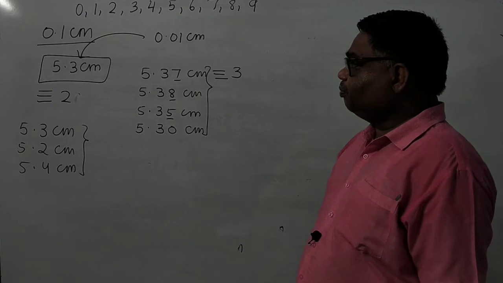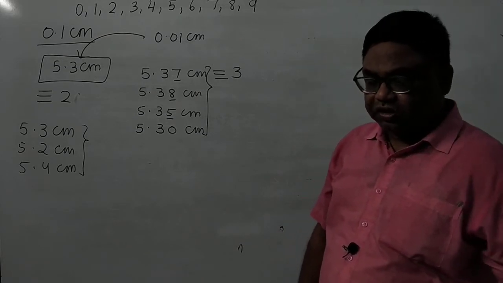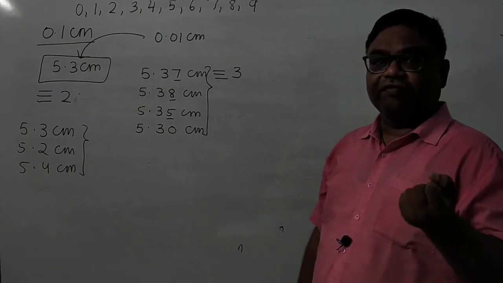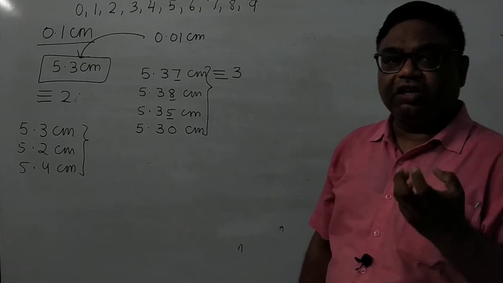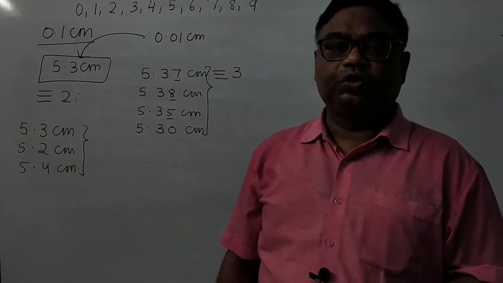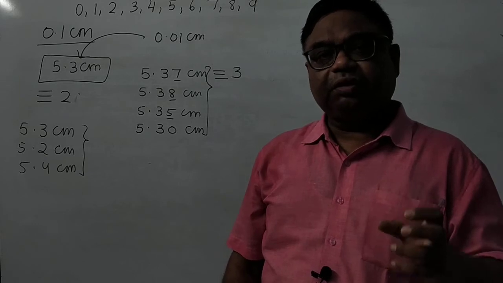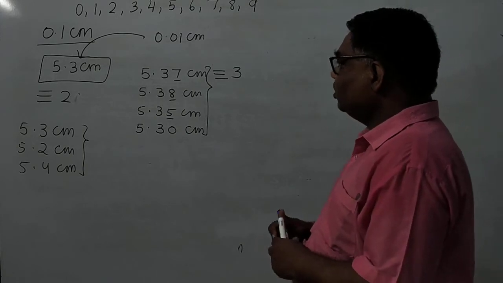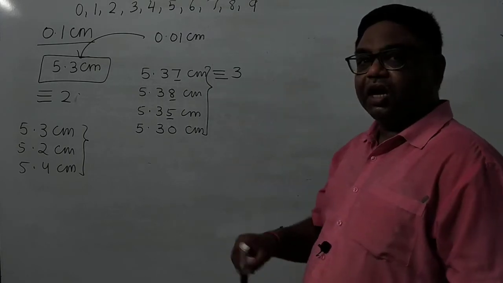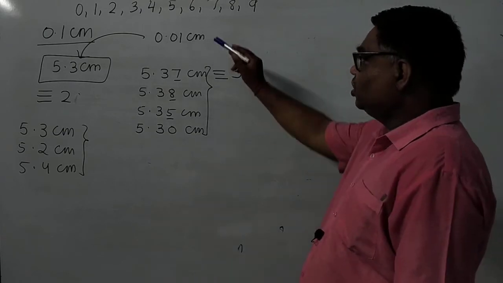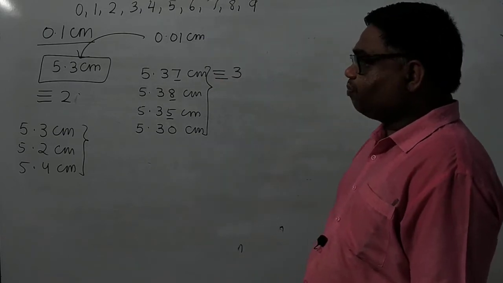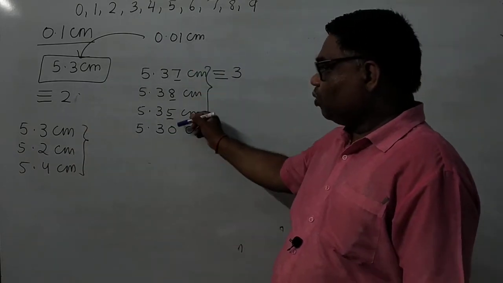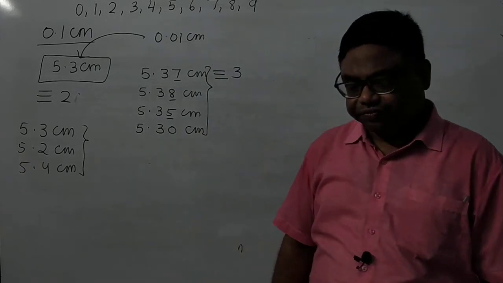Now which measurement is more precise? Precise means providing a tight cluster of the measured values. Measured values are very close to each other. It's clear? Precision means the measured observations are very close to each other. So precision depends upon the least count. The smaller the least count, the more the precision. So here these observations are more precise as compared to this. It's clear? These observations are more precise as compared to this.